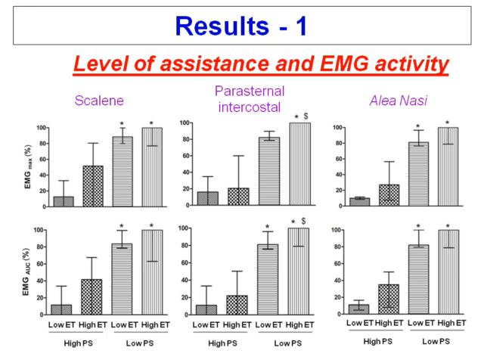So here are our results. As you can see, the first column is the scalene muscle, the second one is the parasternal muscle, and the third one the alae nasi. The first line is EMG maximum, and the second line is EMG area under the curve. EMG is expressed as a percentage of the maximum activity of the EMG. First, you can see that in low pressure support we have a higher EMG activity of these muscles than in high pressure support. You can see also that the expiratory trigger seems to have a low impact on EMG activity. There is no significant difference between low expiratory trigger and high expiratory trigger with high pressure support and with low